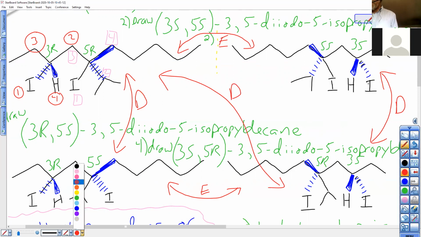And doing the other comparison, I'll do it in blue. That'd be the second one and the third one. The S on 3 is different. The S on 5 is the same. So